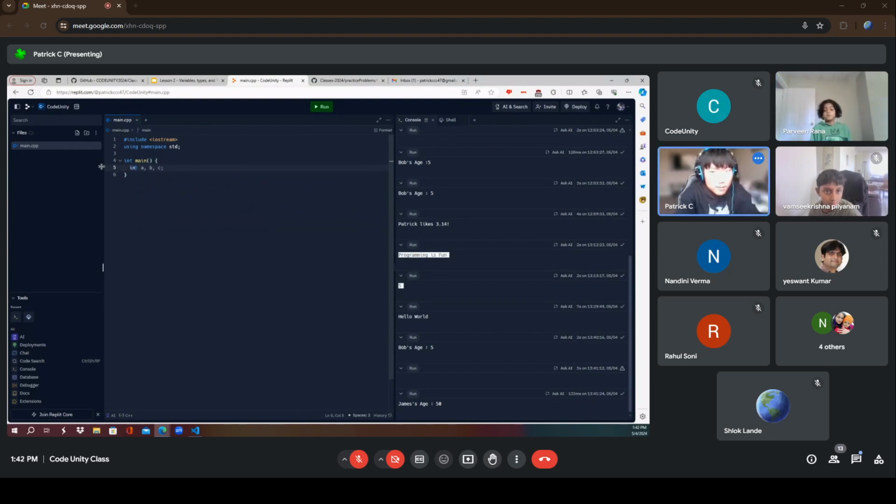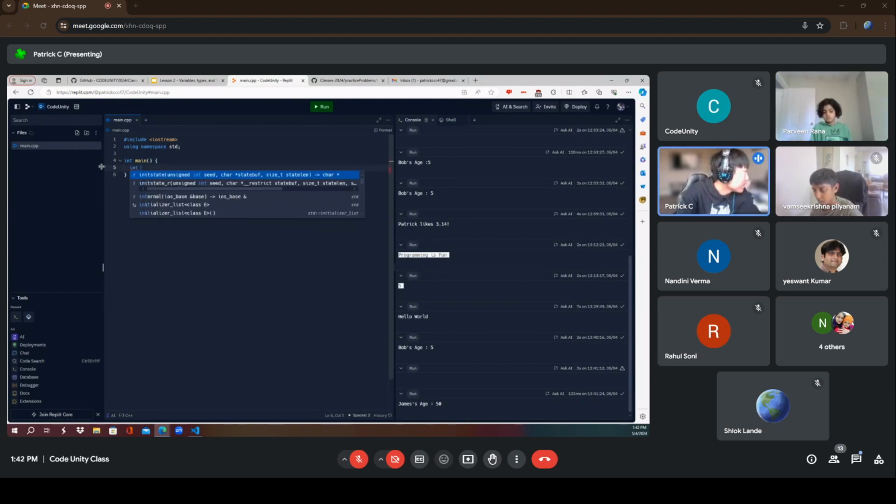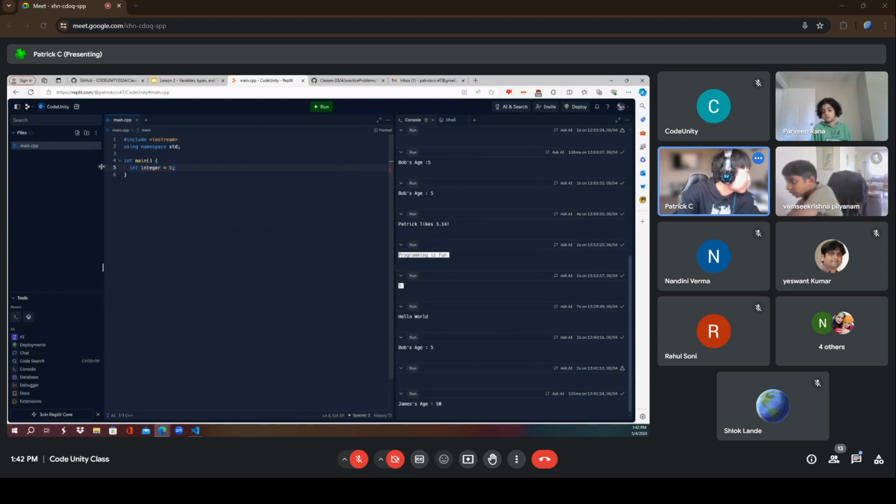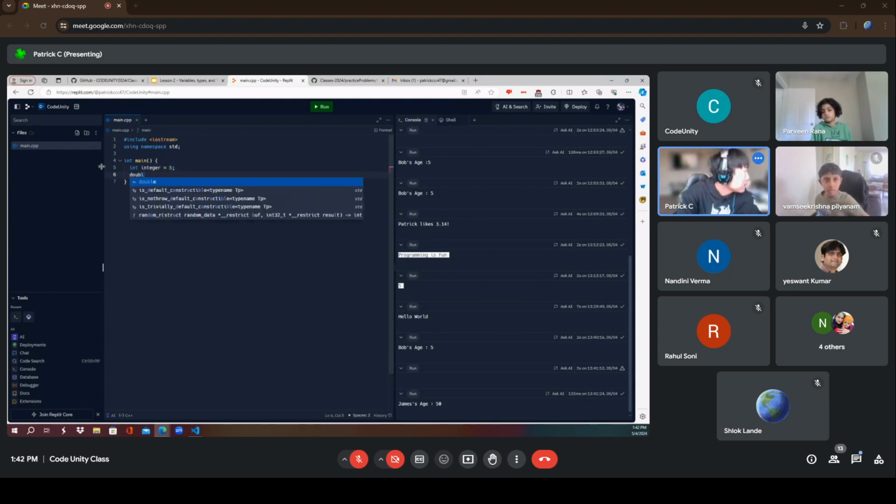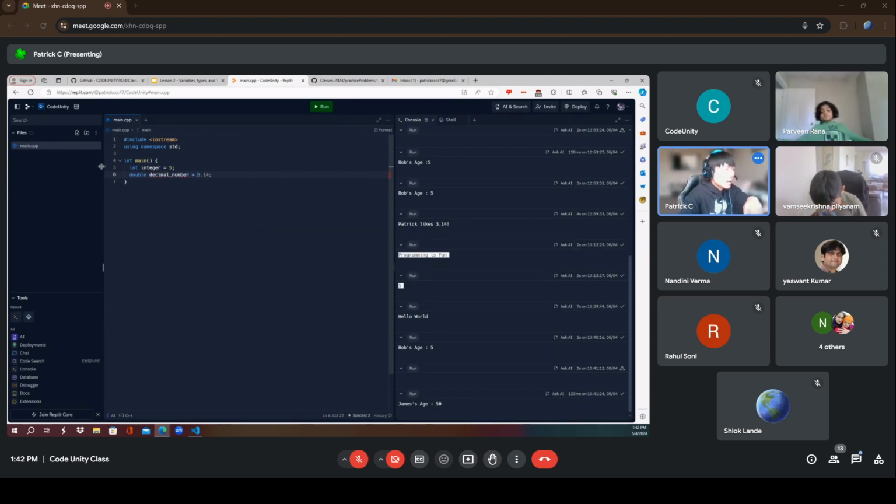Let's say int, number or integer, let's say 5. And then you have double, decimal number, equal to, I don't know, 10.0. Or actually, let's make it not something 0, okay, 10.7.